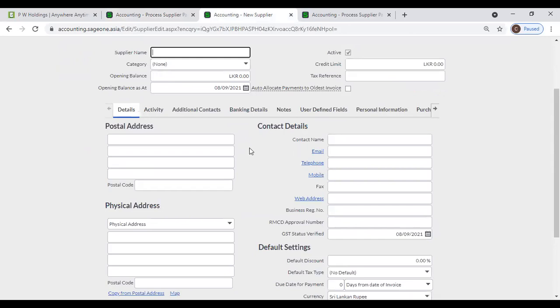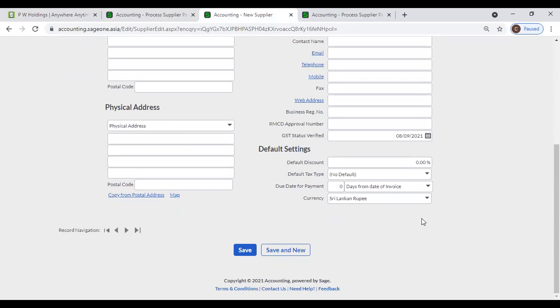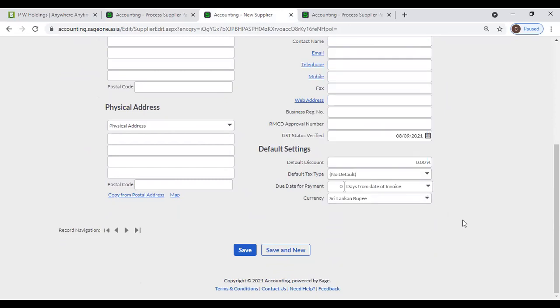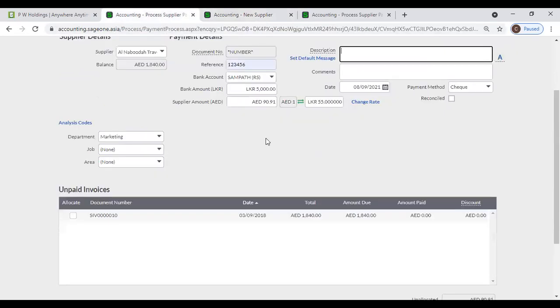When you are creating a supplier, you can enter these details, and from default setting under currency, you can select the supplier's currency. After you create that foreign supplier, you can pay from local currency or supplier's currency. Right. Next,